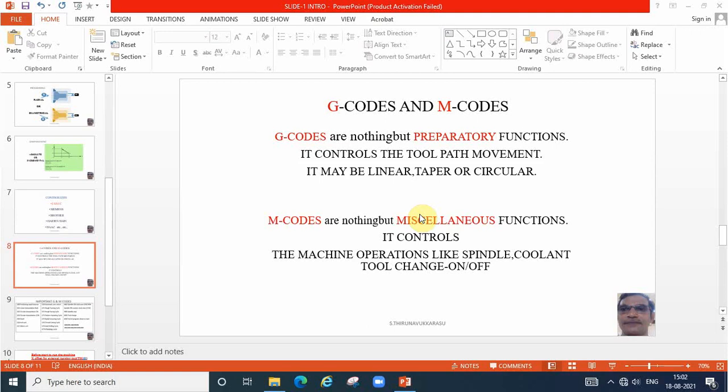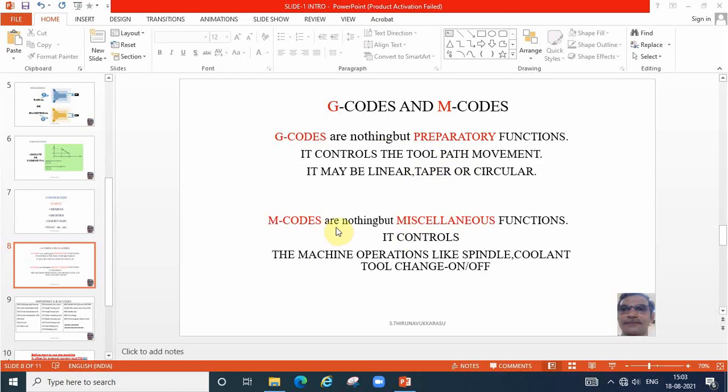First we will see. G codes are nothing but preparatory functions. It controls the tool path movement only. It may be linear, taper or circular. Circular may be two types, clockwise or anti-clockwise curvature. Say from point 1 to point 2 the tool is moving. That movement is called a G code.